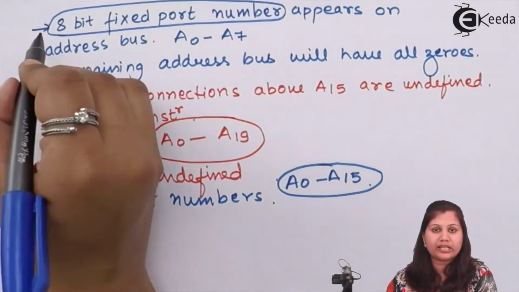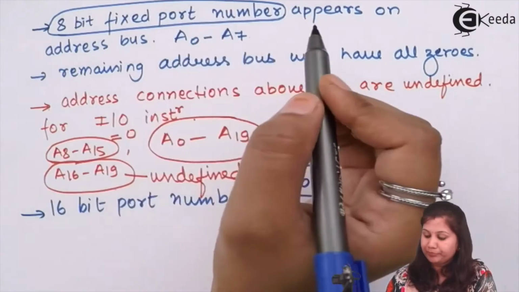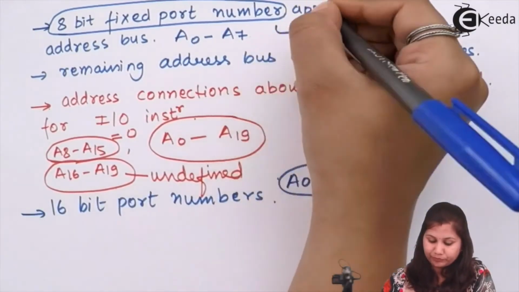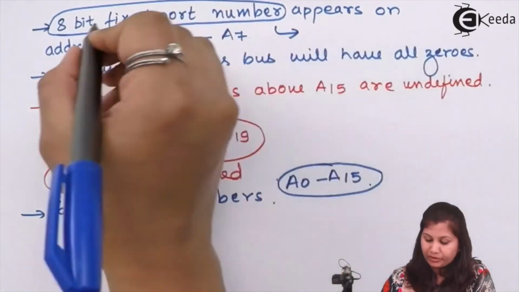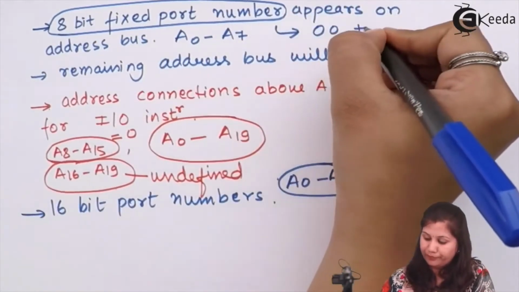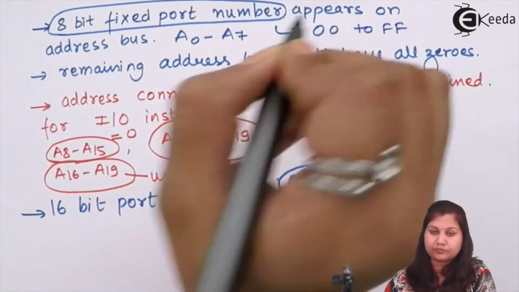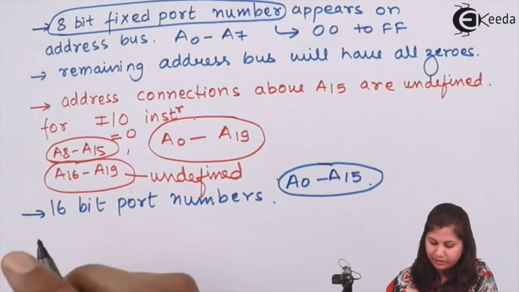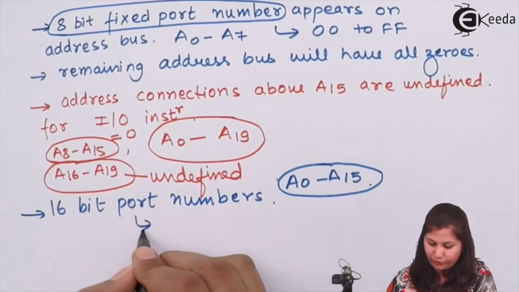When we are using 8-bit fixed port numbers, using this 8-bit address the address will start from 00 to FF. Now if we are using 16-bit, then the address will start from